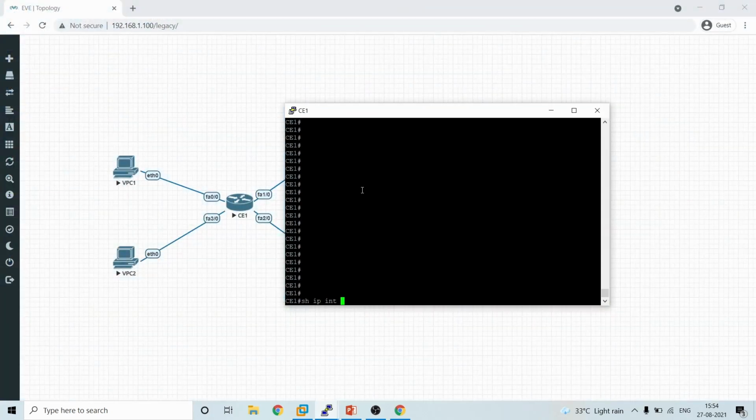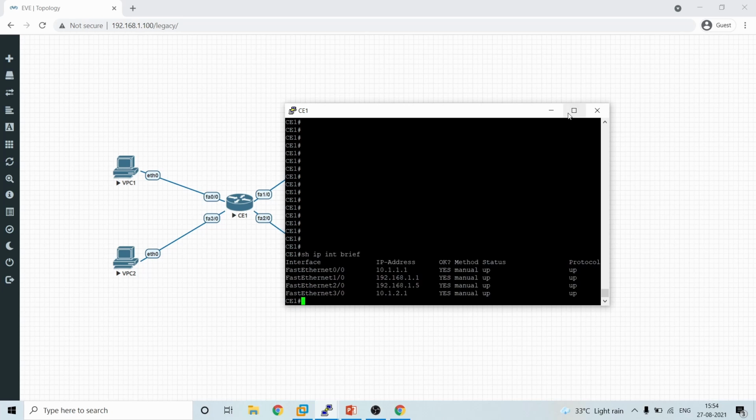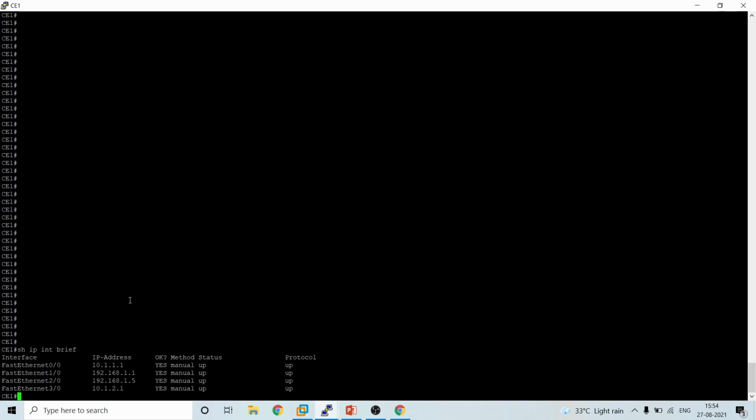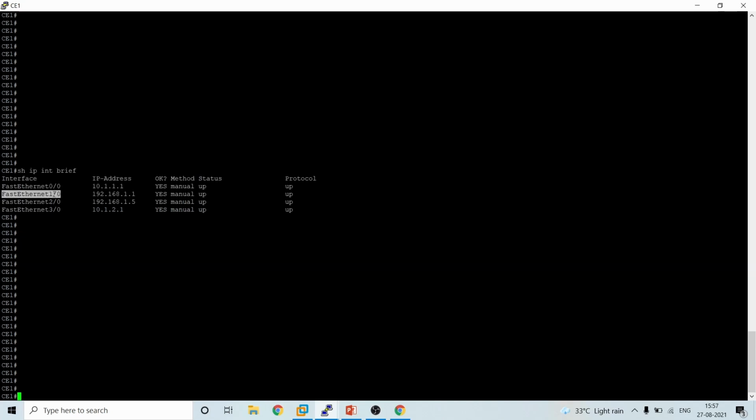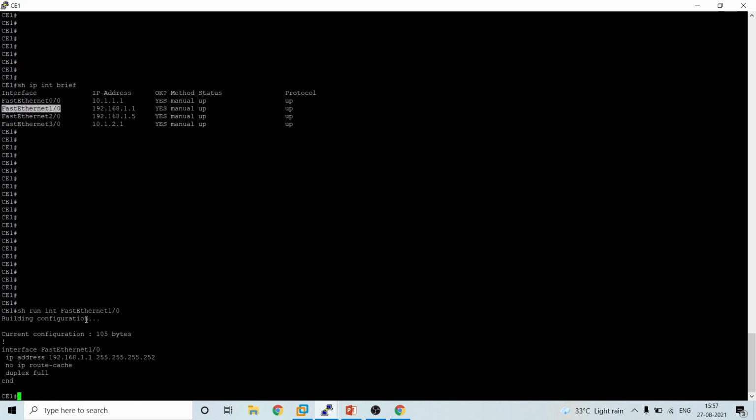Show IP interface brief. You can see here this interface is the gateway. This interface is the gateway for another VPC, and 1/0 is connected to 1.1 for EIGRP and 2/0 for EIGRP to another router. So I'll show you the EIGRP configuration. These are the interface configurations, which is 1.1 and no IP route cache.